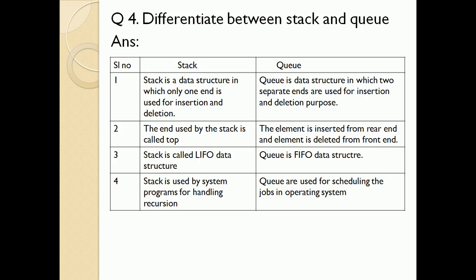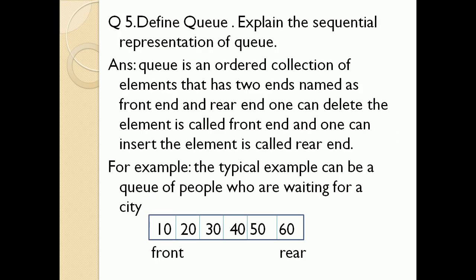And the real-time example of a queue is a ticket collecting queue, where the first person is standing to take the movie ticket or any ticket. He'll get the first ticket and he'll be removed from the queue first. So that is a first in first out queue example. Let's see the next question.